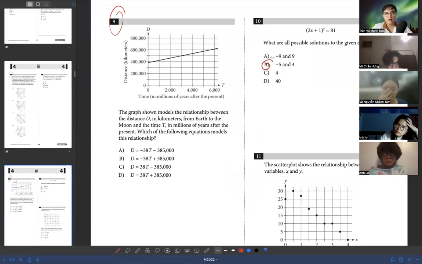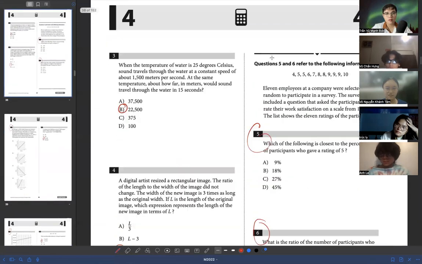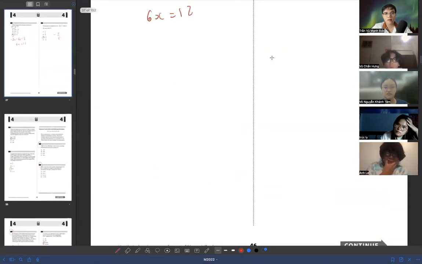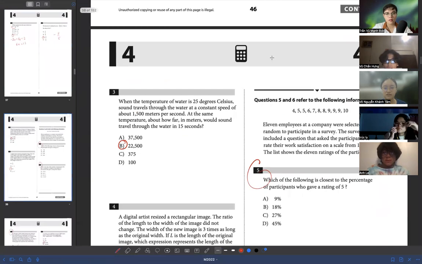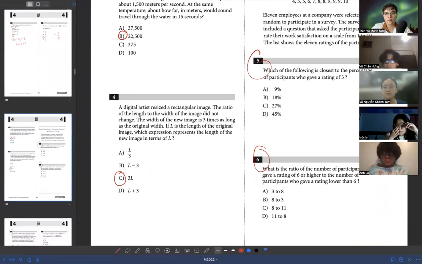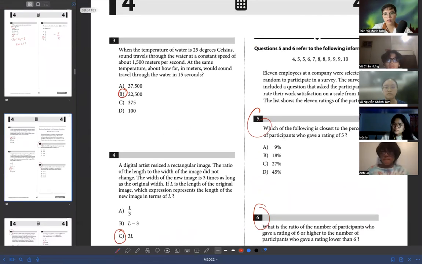Very good. 1, 2, 3, 4. All right, I will solve the 5th and 6th question, because this is what I'd say